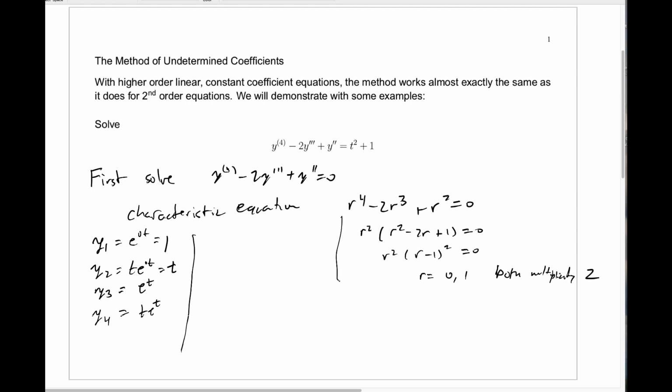What should we guess as our solution? Well, we first might want to try a particular solution, y of t. Because we have a polynomial of degree 2 here, we might want to try at squared plus bt plus c for some unknown coefficients a, b, and c. Well, this isn't going to work. The reason it's not going to work is because we already know that 1 and t, here and here, these